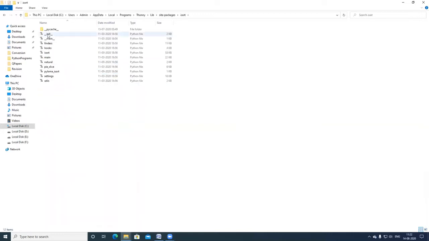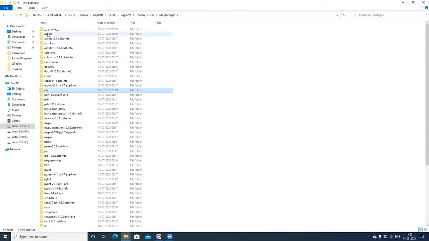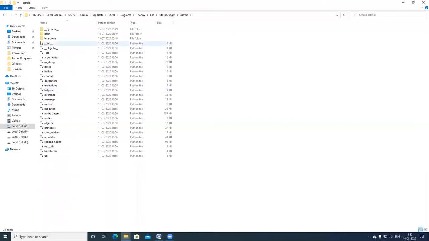Here, for instance, this is asteroid, a package. There also we can see that all packages have this one particular file called __init__.py.